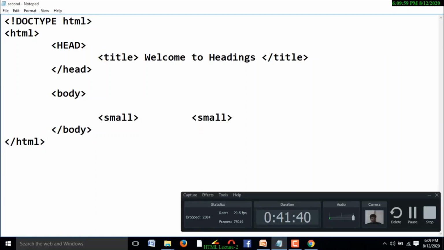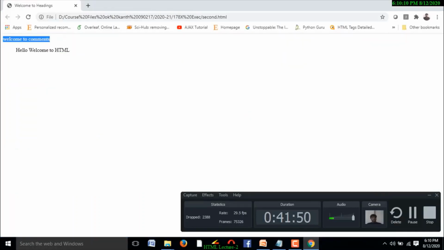I am going to use the small tag also here. Yes, here the head tag appears in uppercase, right? Uppercase text. Save this file and refresh it. Is it working or not? Yes, it is working.